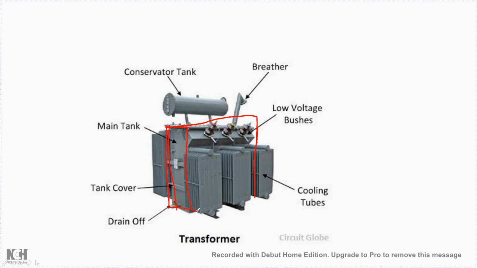Now here oil is filled in the container, and that oil is supplied through this conservator tank. Basically the container is completely filled with the oil, but apart from that, during the heating process, when the transformer is put in operation, the oil will get expanded. Due to this, the oil will flow into the conservator tank, and when the oil reduces and the level drops in the container, the oil will again flow back to the container.